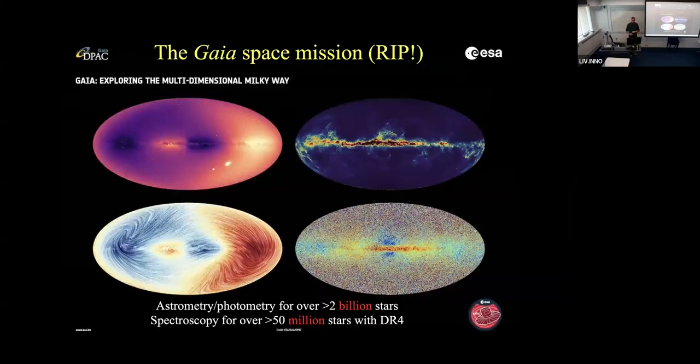As I was mentioning, for the Milky Way itself, this idea of collecting all these different data sets and creating a model to homogenize everything is becoming very important. And this is because of the vast and rich amount of data that we're collecting. If you are not in astronomy, you might have heard of this space mission called Gaia,